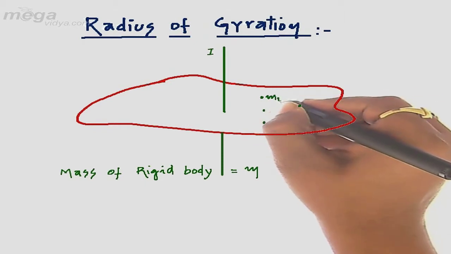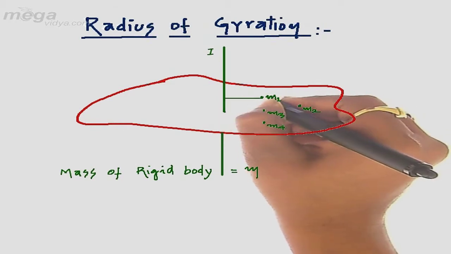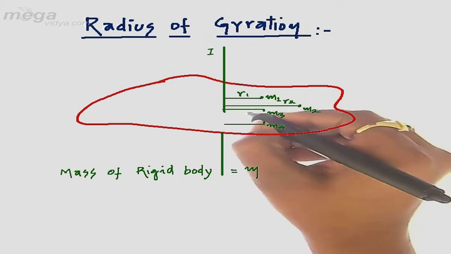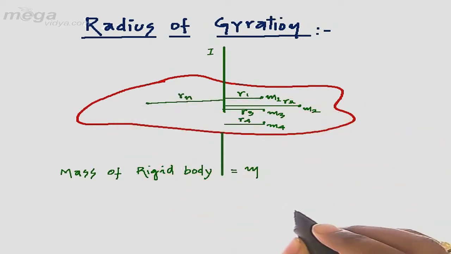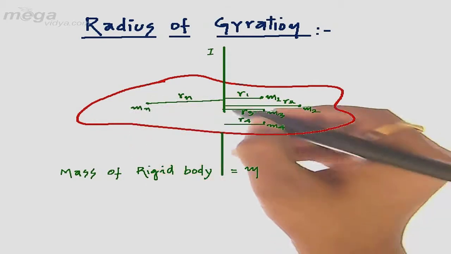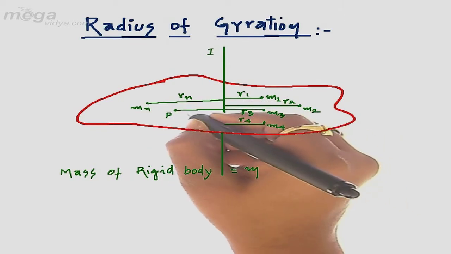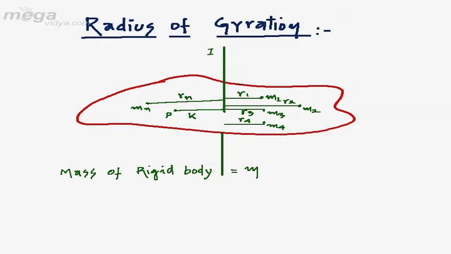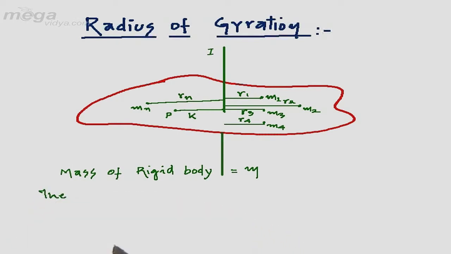Let their masses be m1, m2, m3, m4, and so on, having distances r1, r2, r3, r4, rn respectively from the axis. Let us consider that the center of mass of this rigid body is at this point P and its distance from the axis of rotation is k. We define the radius of gyration as the perpendicular distance of the center of mass of the rigid body from